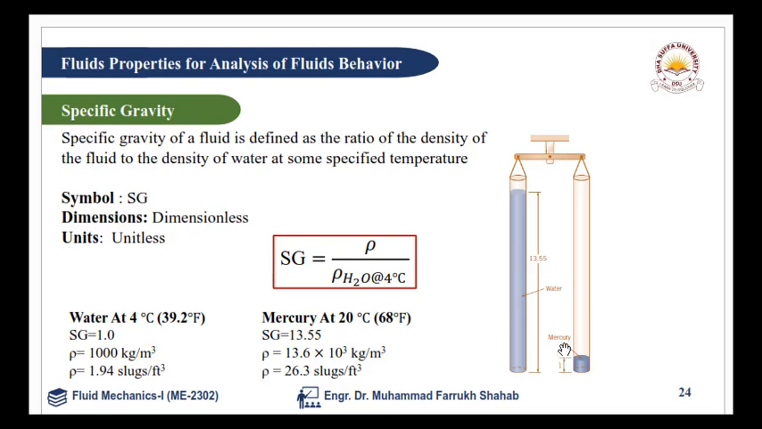This is a schematic representation of this example, where 13.55 units are required to balance 1 unit of mercury. So this is the same concept which you covered in thermodynamics 1 or thermodynamics 2 in your last semesters. So moving further,